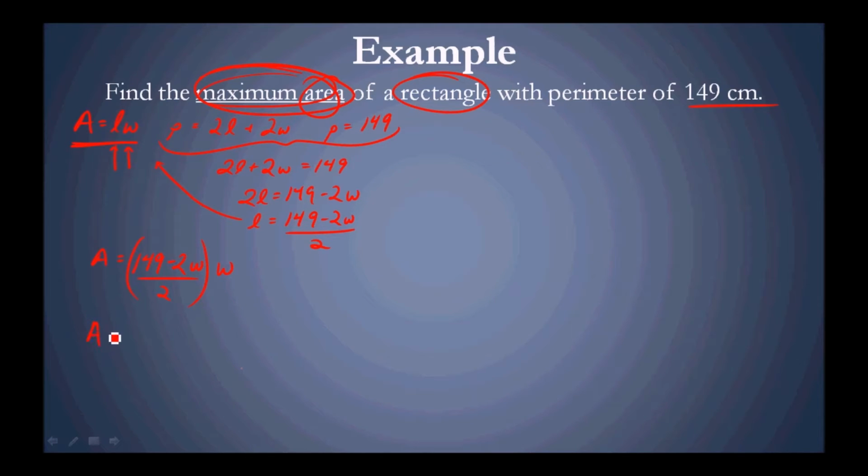Simplifying this, we get area is equal to 149W minus 2W squared, this quantity times 1/2. So just bringing the denominator out as a coefficient of the entire function, area. Now, we'll move up here and solve for A prime. A prime, we just have a coefficient, so that's fine. We get 149 minus